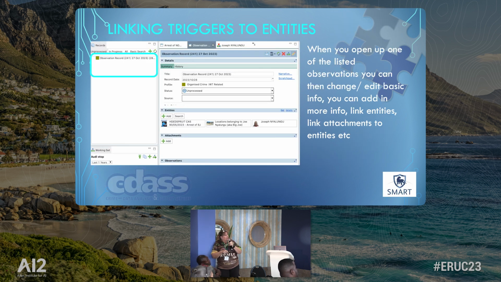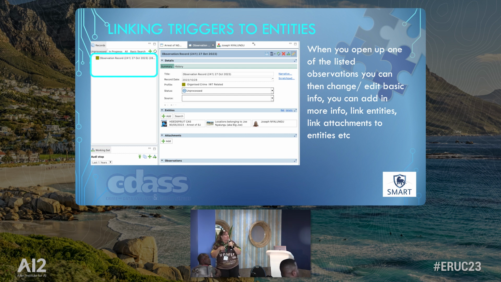Here you can see I've got the title, and I normally change that to something that makes sense for me, the date that it's recorded. This is the entity group, so this belongs to organized crime. And here you can see it says unprocessed. As soon as I change that to in progress, it'll then move out of this block and it'll fall under that tab. So I can also keep tabs as to what stage that record is,